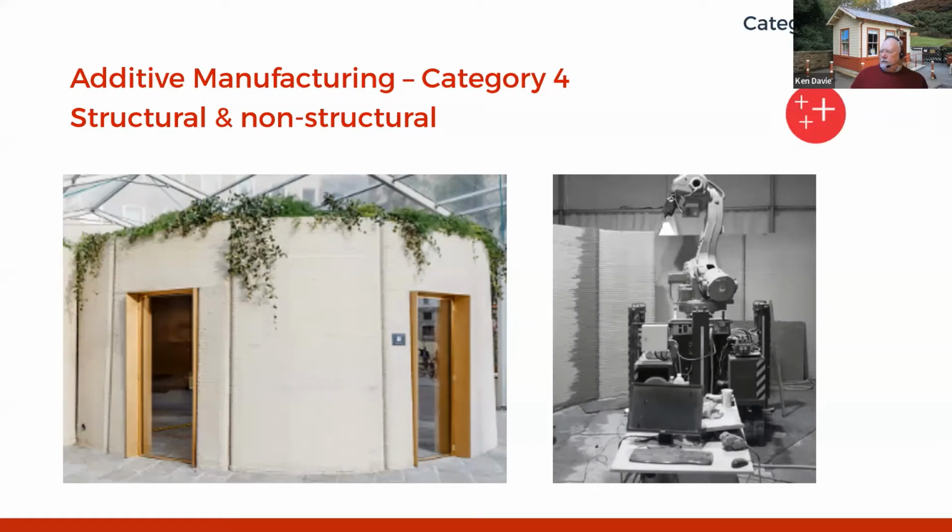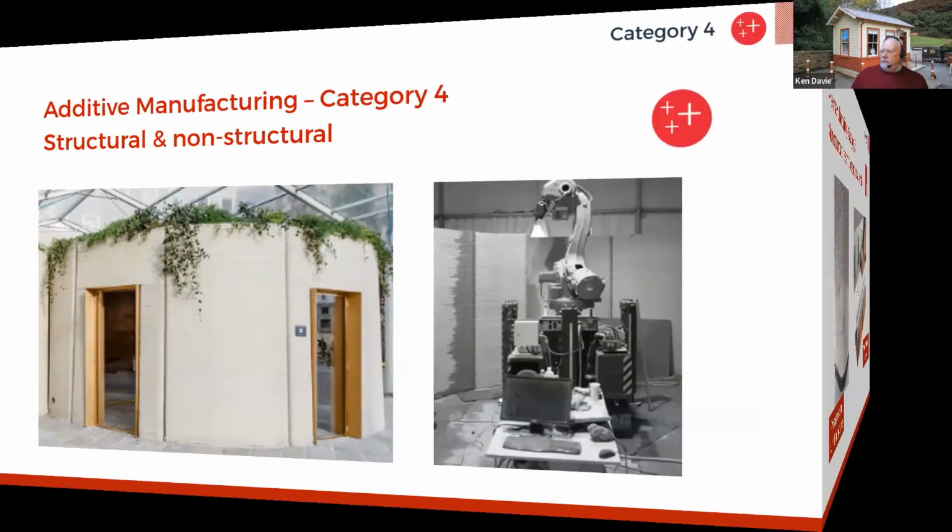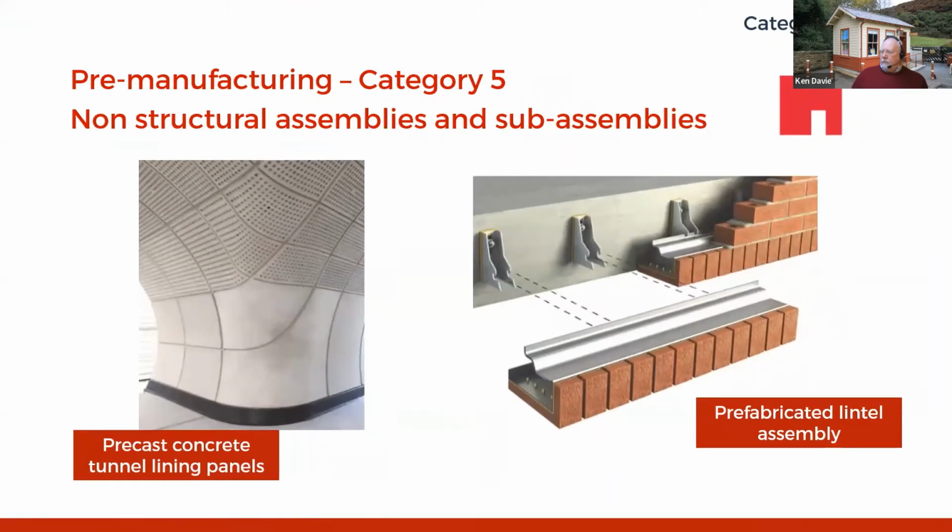Although, thinking again as to how you might do that, a motorway barrier, which is currently slip cast, could potentially be 3D printed. It would simply mean getting the robot set up such that it would run back and forward in lengths. I'm not entirely sure how you would incorporate rebar and make it work. But there may well be elements of highways where 3D printing could be of some benefit. So category 5 is non-structural assemblies and sub-assemblies, which covers a vast range of things. It's almost like a catch-all.